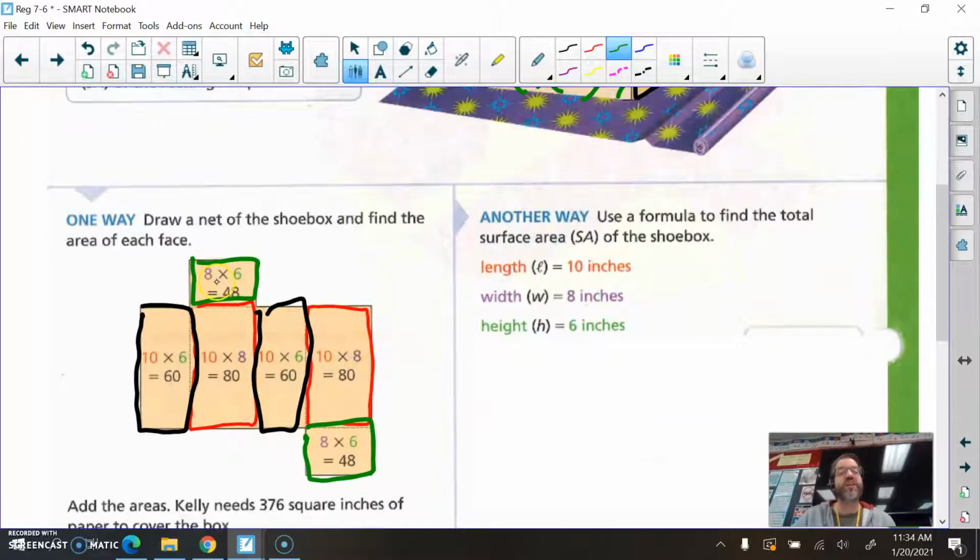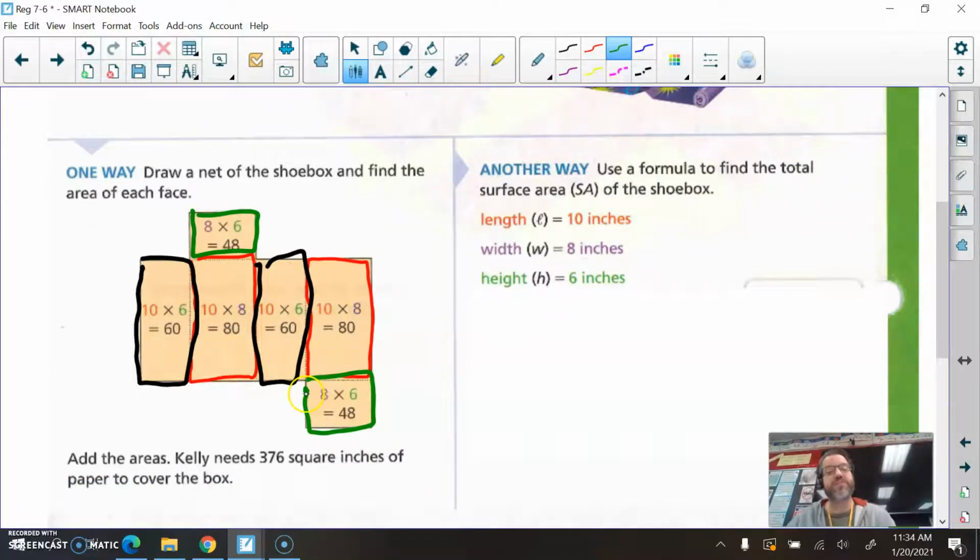Okay, so you can see here all of these dimensions, 8 by 6, we multiply that 8 times 6, we get 48. Same thing here, 8 times 6 is 48. 10 times 6 was 60, that's the same thing here. 10 times 8 is 80, same thing here. So if you add all these numbers together, and yes, you should use a calculator, you get 280 plus 96, that'd be 376 square inches for the total surface